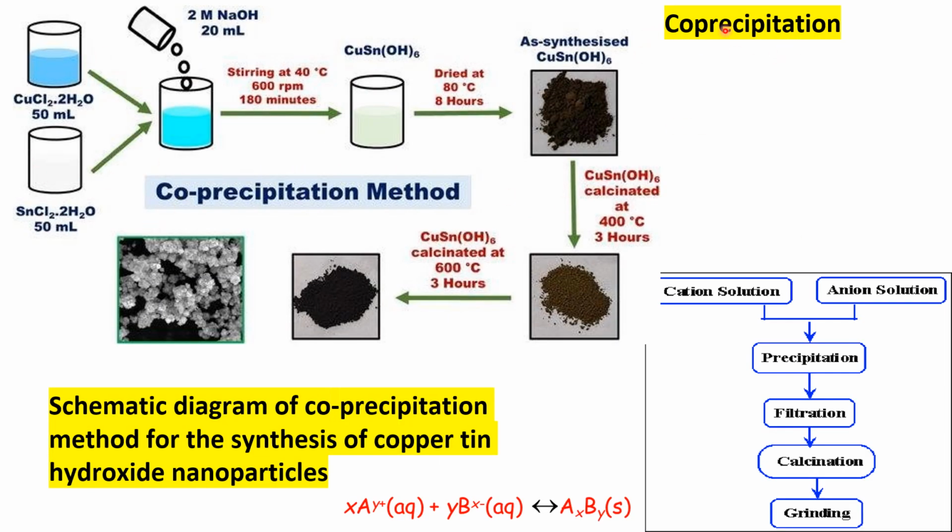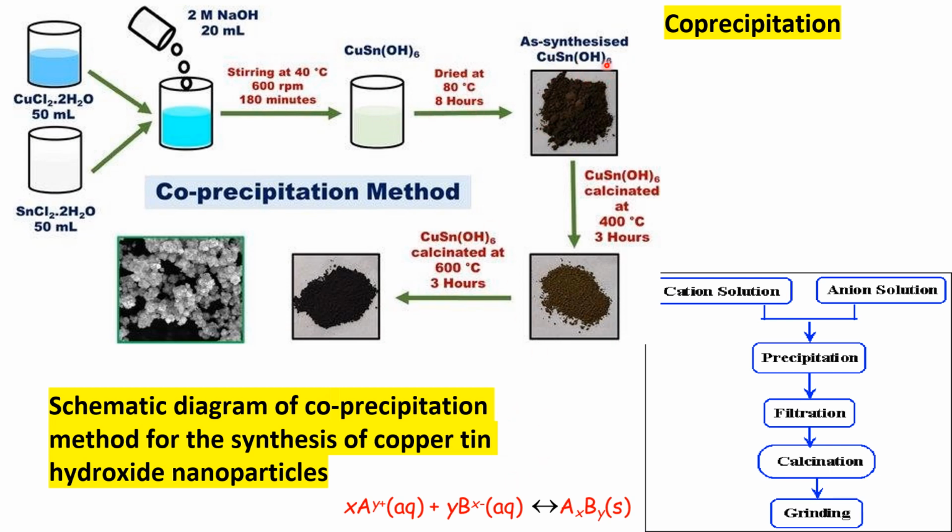Suppose here in the co-precipitation method, we take two aqueous solutions and we mix them with NaOH, and finally we get the two components AX, BY in solid form. Here, we can see the co-precipitation method for the synthesis of copper tin hydroxide nanoparticles. So we take the copper chloride solution, tin chloride solution, and then we add the NaOH solution to this, and now it gets precipitated here, and the solvent is filtered, and after filtering it is dried at 80 degrees, and